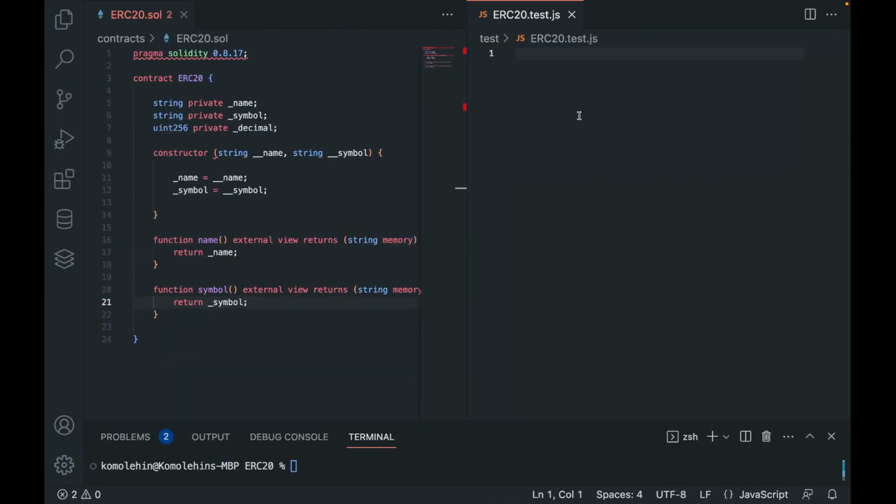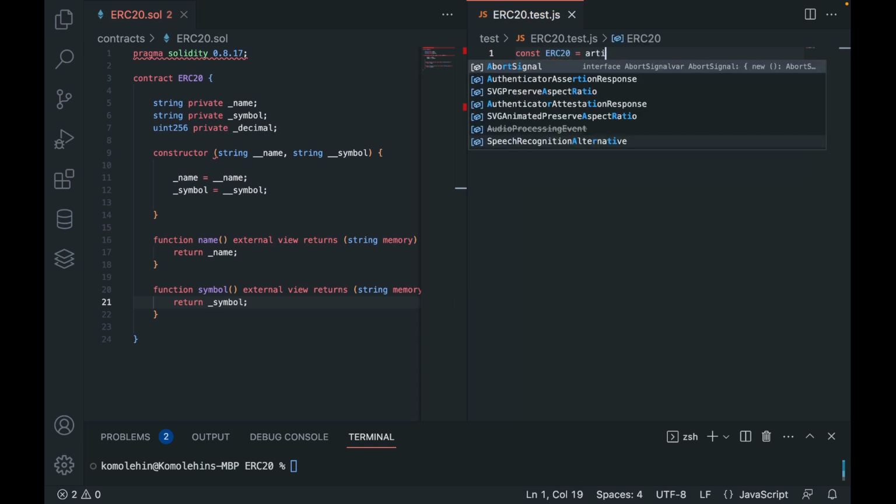So before the test, we need to have access to our smart contract. So Truffle has given us a method to be able to have access to our smart contract, and to do that,